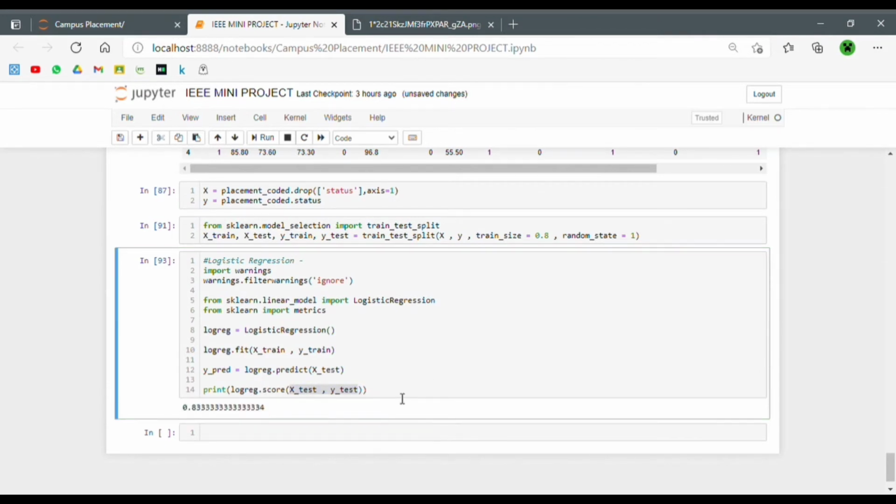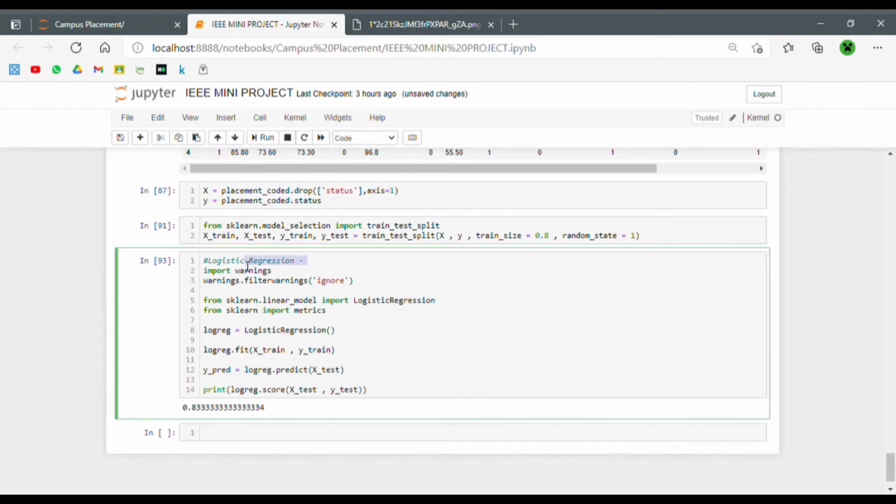So you can search in depth on this, but there's no point in explaining this any further, because if I try to explain what logistic regression basically means, there's no end to that. This video will go on very long, right? So what is basically happening is we are using a logistic regression classifier to make predictions whether a person is placed or not. The accuracy of our model is turning out to be 83%, right? Which is pretty good in my opinion.